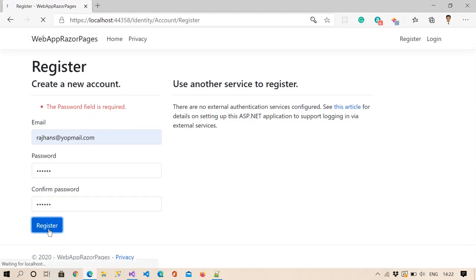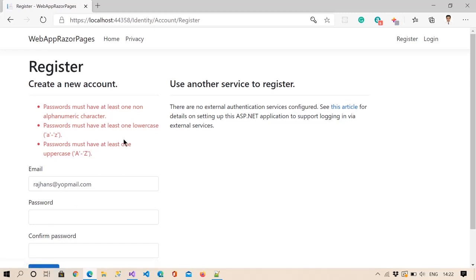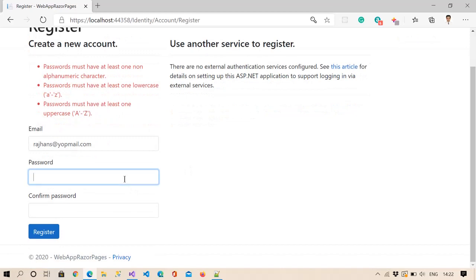Let me click on register. Now you can see the password must have at least one non-alphanumeric character. So I need to put perhaps one capital character, and let me enter the rest as small characters. Now I am entering one number, and now one special character. Let me repeat the same.